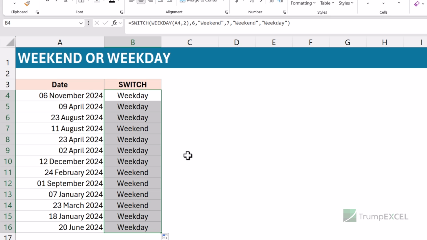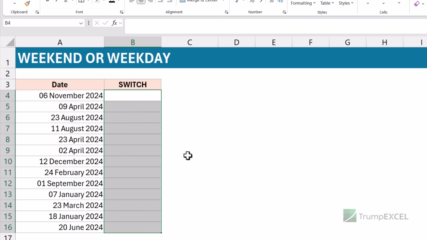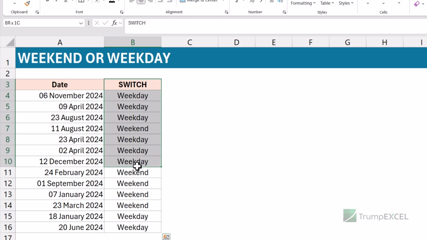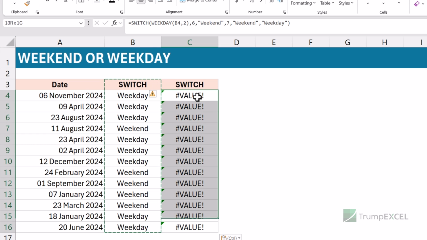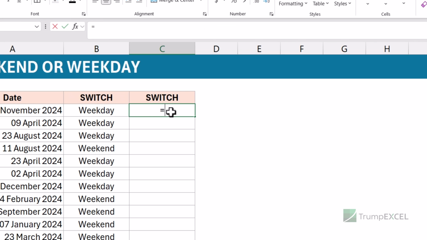You could have also used if or ifs function in this situation, but let me show you a smart way you can also use the switch function, but that will make your formula slightly better. So let me remove this, or actually let me keep this, and I'll copy it here. And here I'm going to use the same function, but